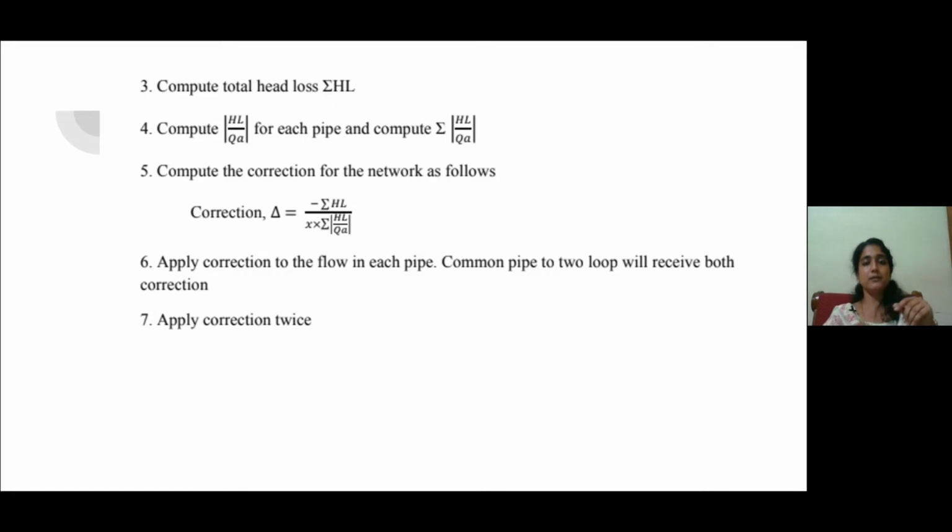That is, if a big rectangular pipe network is there and there is a common pipe, that is, there is a separation, that is, two rectangles are joined together to form a pipe network, then there will be a common pipe. Then one loop will be corrected first, then the other loop will be corrected second, then the two corrections will be applied to the common pipe that is provided at the middle. This is the sixth step. Then apply the correction twice. Then only we will get the corrected discharge, and according to this discharge, we are going to design the pipe diameter in the pipe network system.